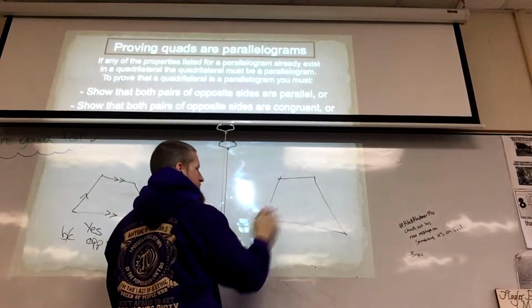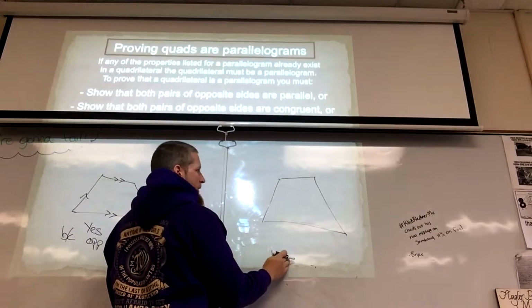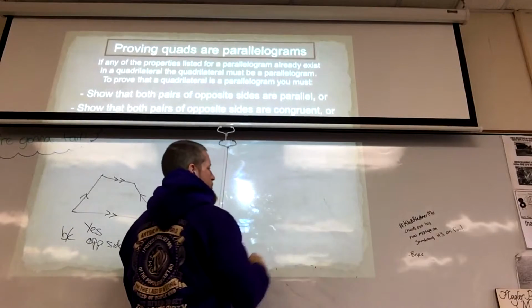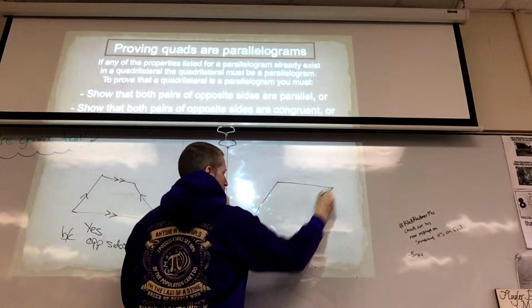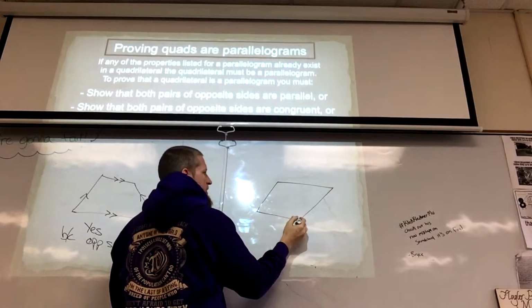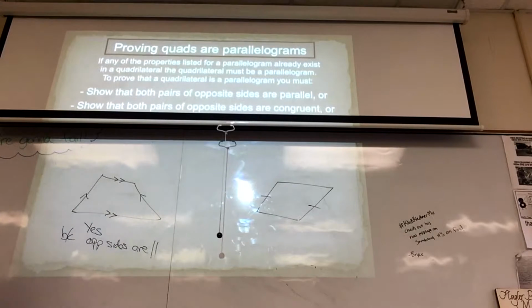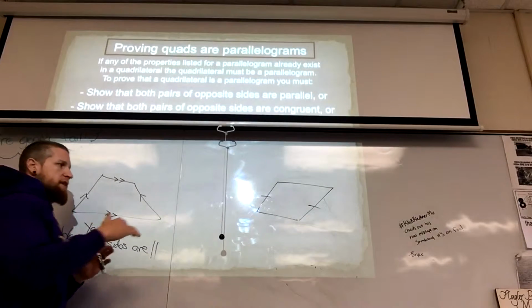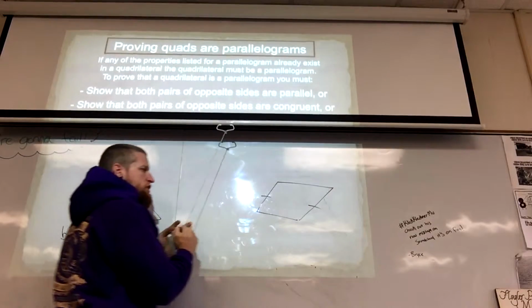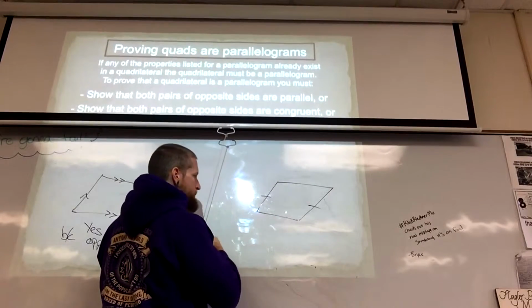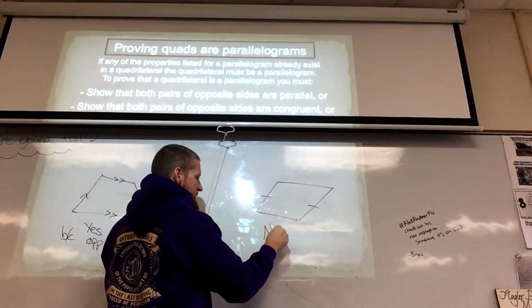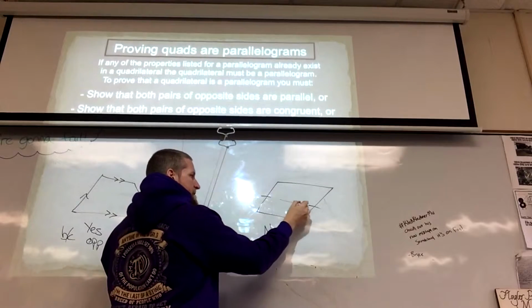quadrilateral again, just something like this, or even now, this way. Okay, let's say it's like this. If I gave you that shape and I said, look, is that a parallelogram? If that was the whole question, and I said, is there enough information to prove that this shape right here is a parallelogram? You would have to say no, because that is